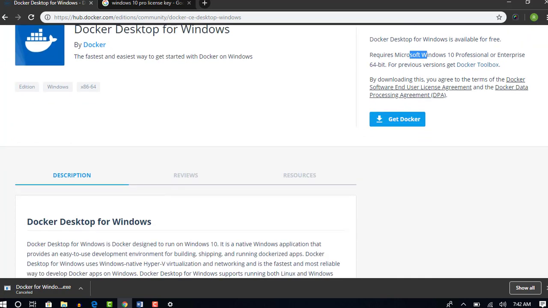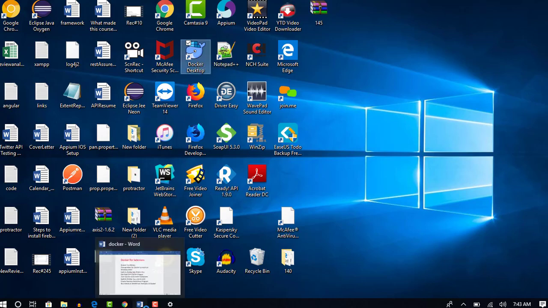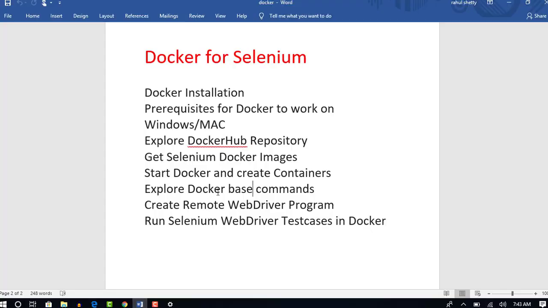All right, once you have Docker, you can open this .exe file, click on next, next, and finally you will see the icon on your desktop or wherever you install it, something like this, Docker Desktop. You can select it and open this icon, which will launch the Docker server.